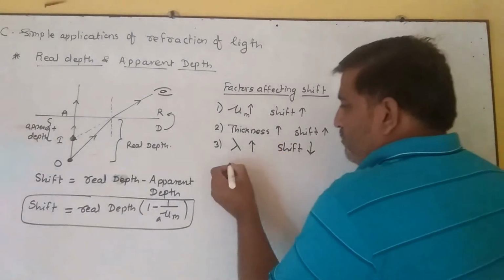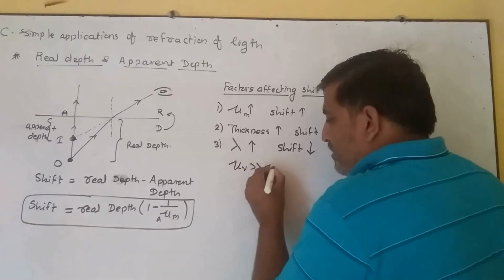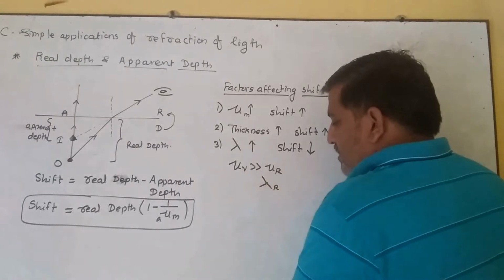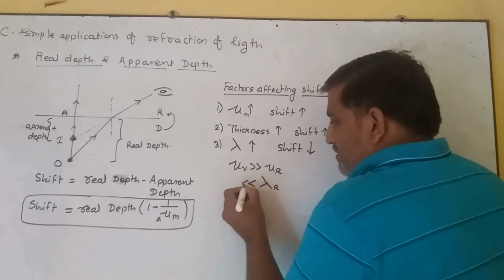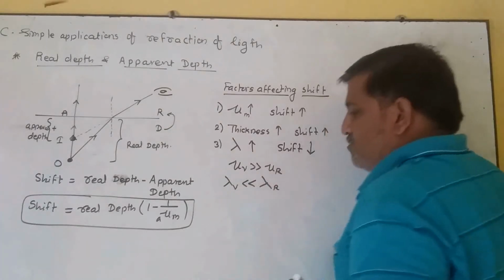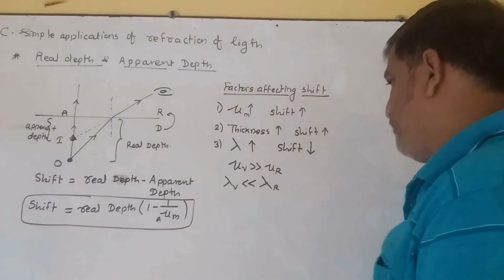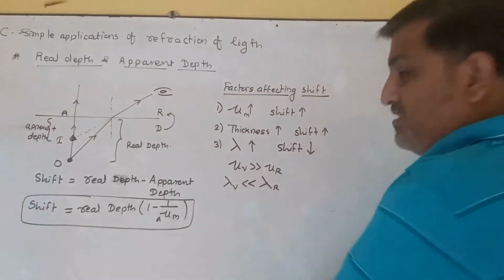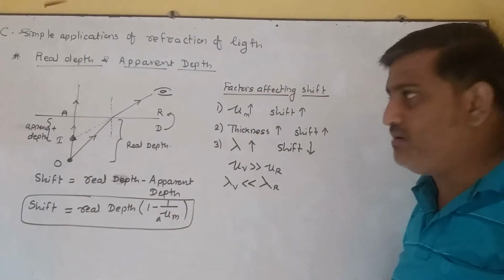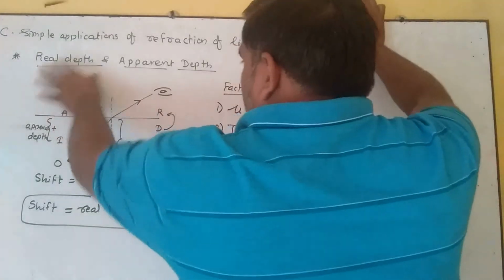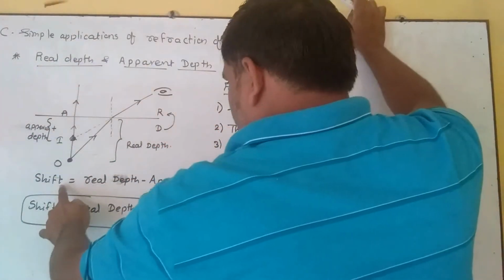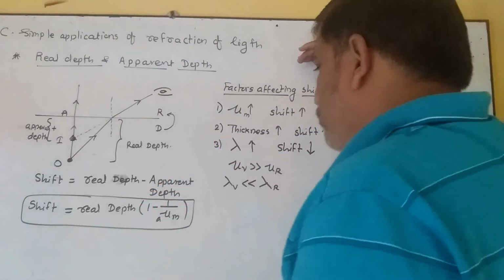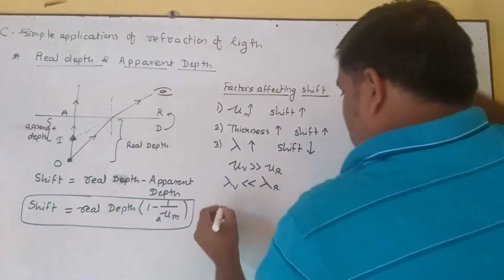Shift decreases, because we know that the refractive index for the violet color is much more than the refractive index of red color, and lambda, meaning wavelength, for the red color is more than the violet. So for the wavelength of red, it shows a lesser depth, lesser shift. So these are the factors which affect the shift that you have to keep in mind. So this is the whole of real depth, apparent depth, diagram, then shift, the formula for the shift and factors affecting the shift. Now one more topic that we are going to discuss is about application.